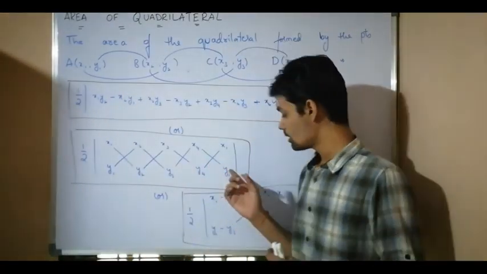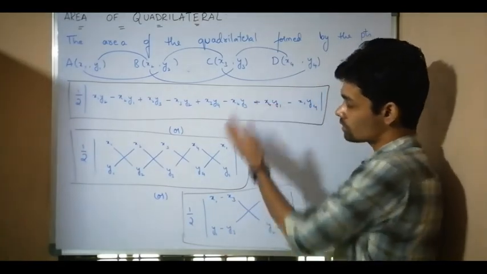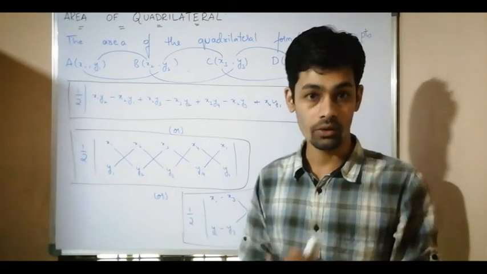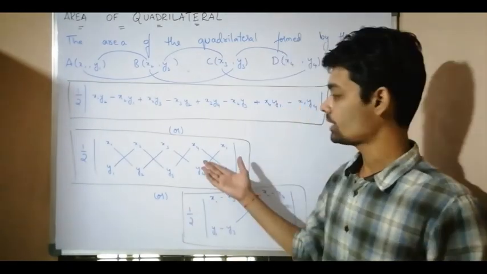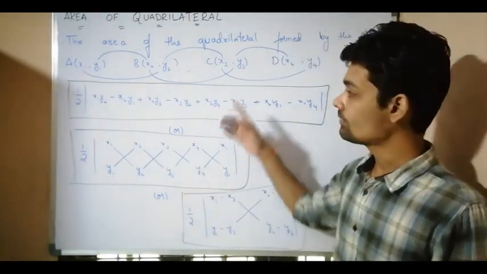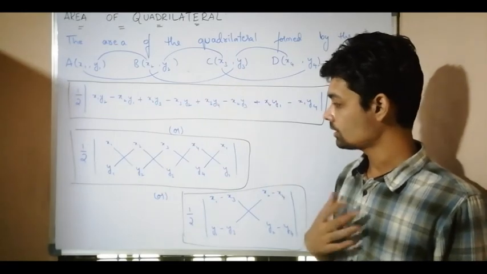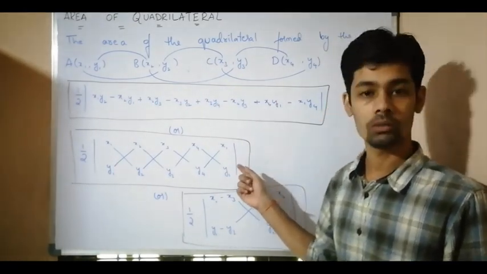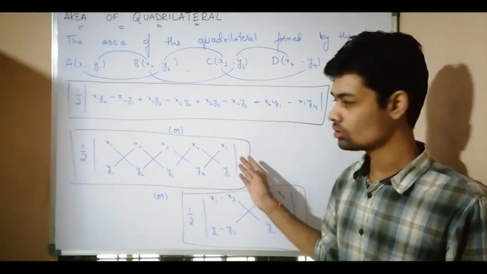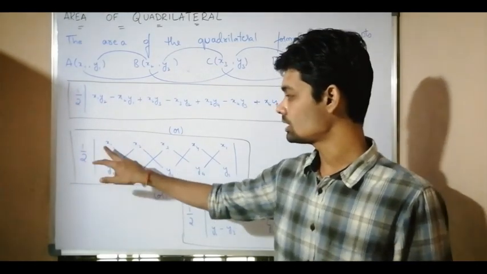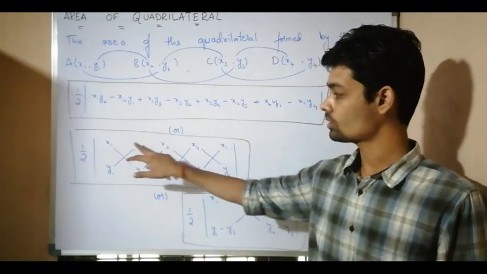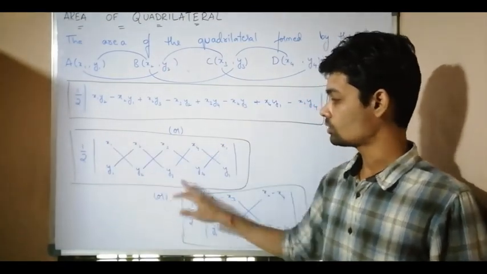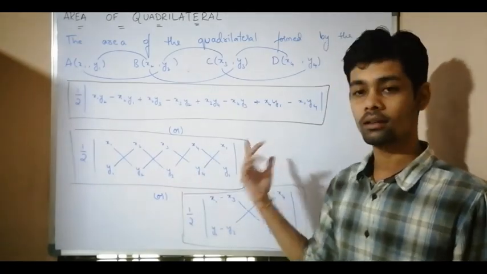This formula we can extend, instead of a quadrilateral, to a polygon. If you want to find the area of a polygon, we can easily find it using this formula. The convenient formula for me is this one. Mostly I am going to use this formula, which is very easy to remember. Just half modulus of, write down all the x coordinates, x1, x2, x3, x4, again the first coordinate, then y1, y2, cross multiply and get the answer.